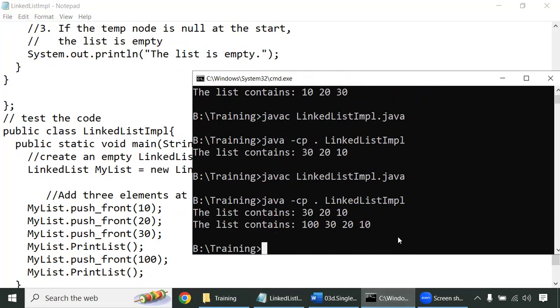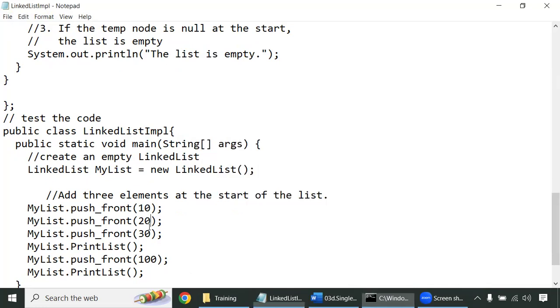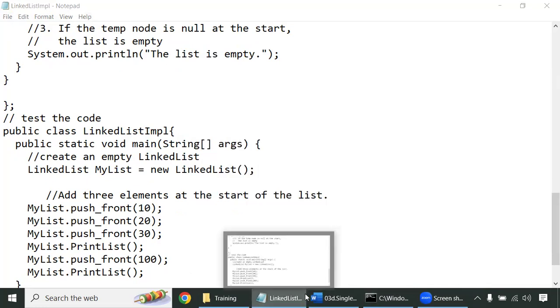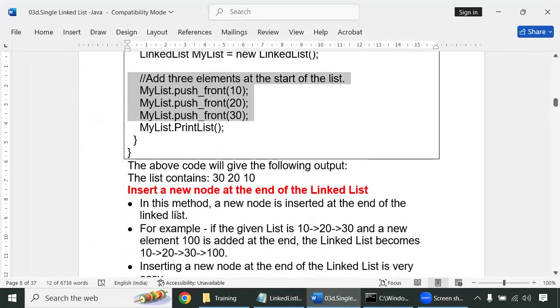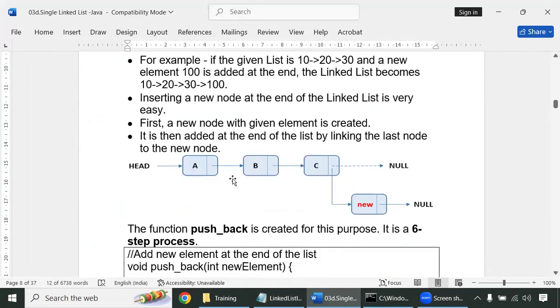See this: 10, 20, 30, 100 is added. So this is where you have to check. Okay. Next, if you go to insert at the end of the linked list,